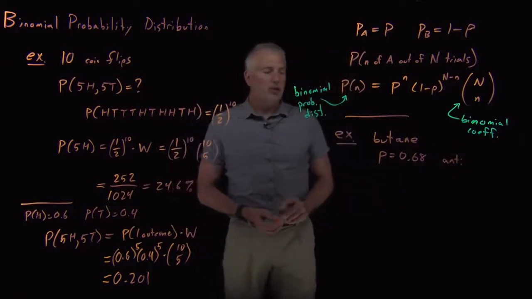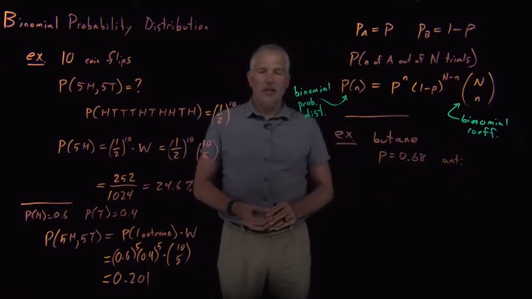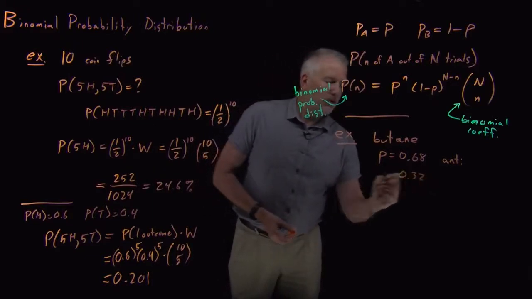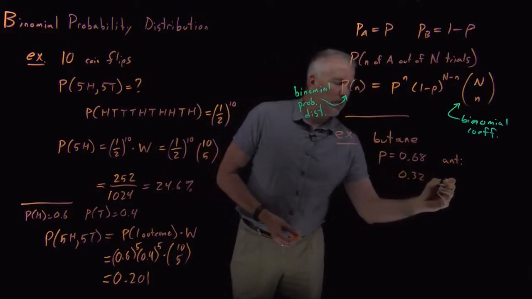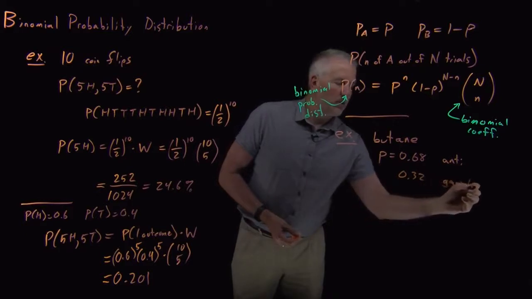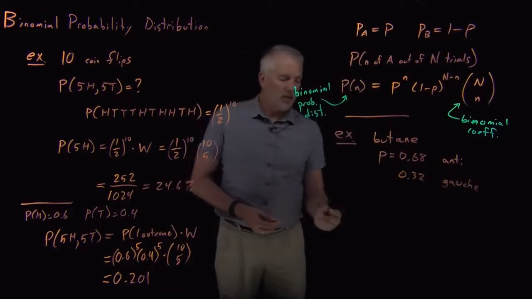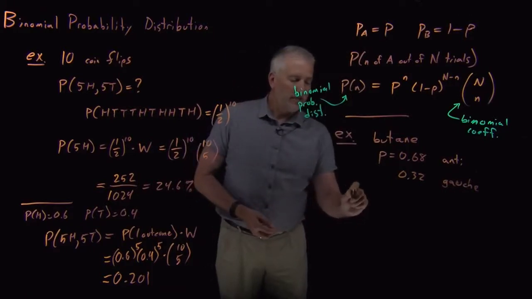So a butane molecule has a 68% chance of being in the anti conformation, and then 0.32 is the probability of being in either one of the two gauche conformations. So let's ask the question, let's say I have